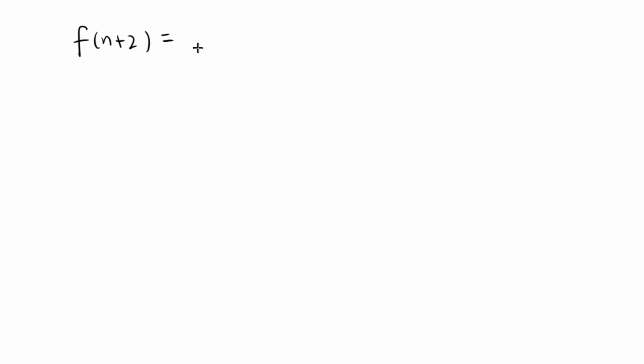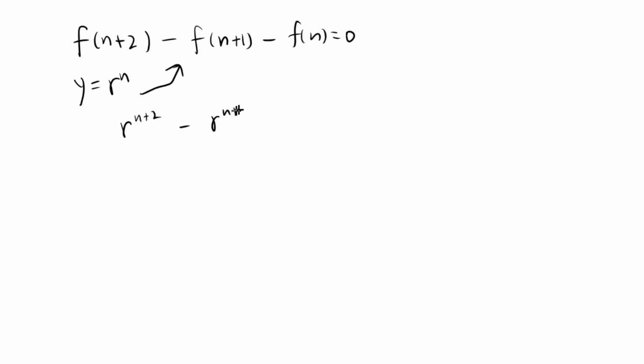So f of n plus 2, actually let's write it in the standard form, f of n plus 2 minus f of n plus 1 minus f of n equals 0, and you set y as r to the n, plug that into the above, and you end up with r to the n plus 2 minus r to the n plus 1 minus r to the n equals 0. Divide by r to the n, and you get r squared minus r minus 1 equals 0. Well, we could have gone straight to this one. But anyways, if this is your equation, then now what you do is you say r